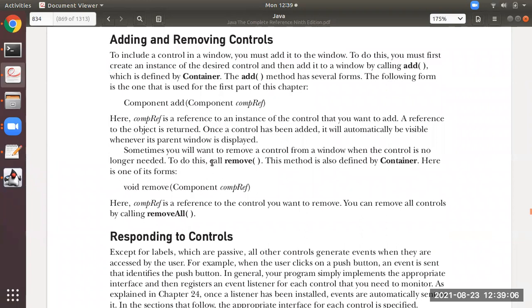So what to do is just call this method remove. Similar to the add method, the remove method will allow you to remove the control from the window. If you want to remove all the buttons together, use the removeAll method.